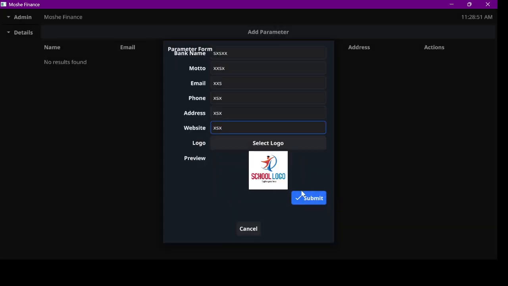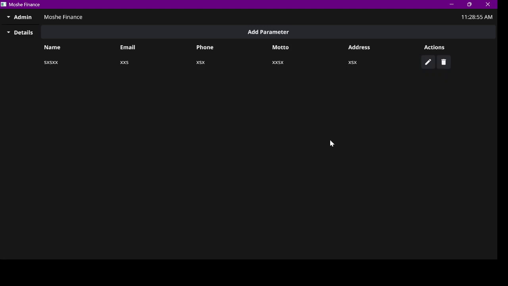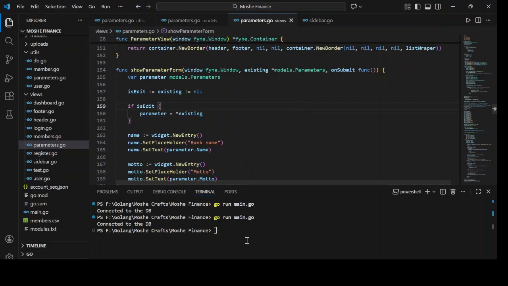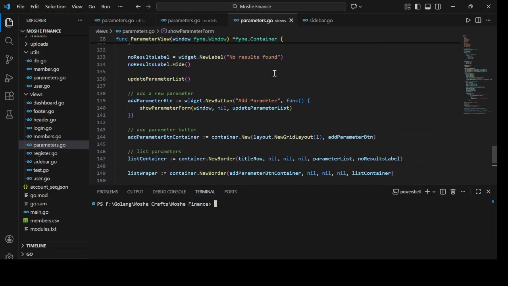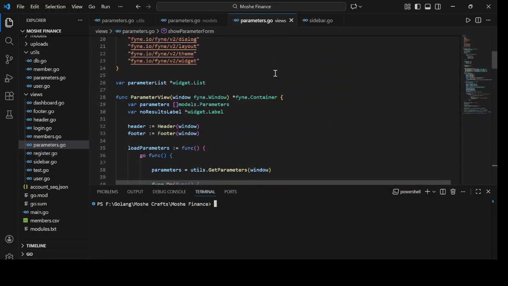So I want, when I add, after adding, because this one is for only one account, like one bank per detail, so this should only be one item. I want, after you've added, this button should be disabled. So that's what we're going to do now. So the first thing we're supposed to do,